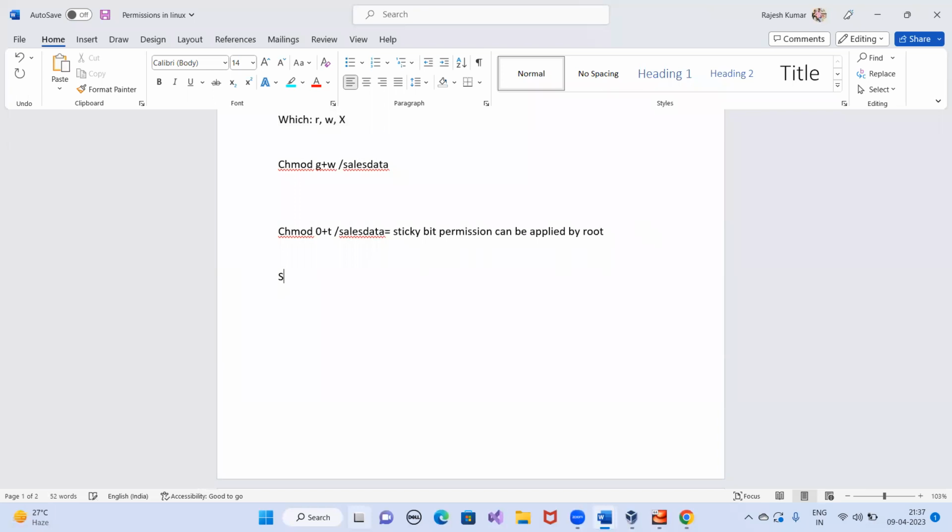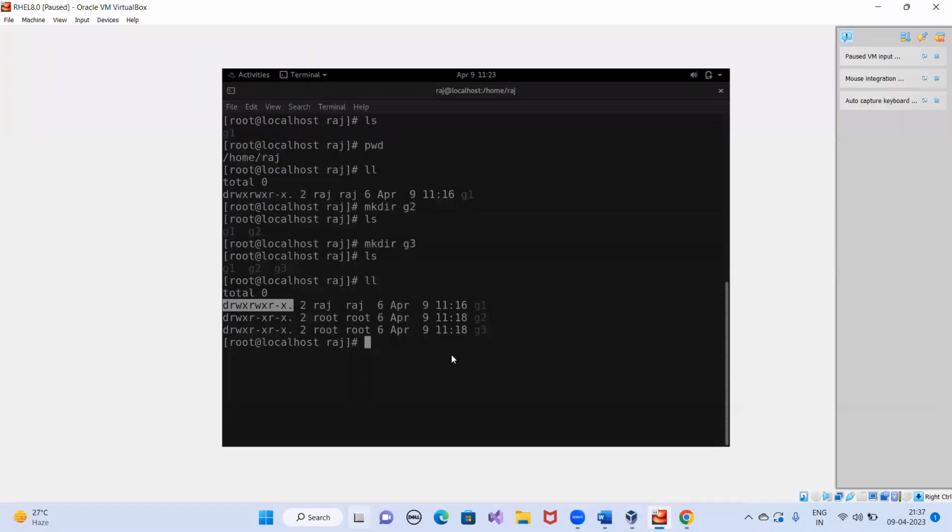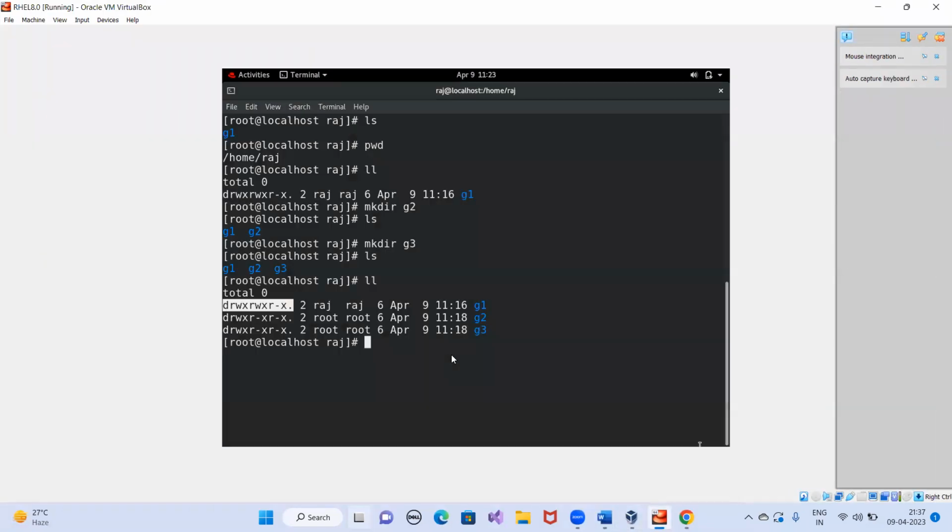Just to go to the practical, there is one more thing which is called sudo. Super user do. That's the full form. Now, what is this sudo? So you might have seen that some of the tasks can only be performed by the root. Just like I am in the root location now, I can do anything.